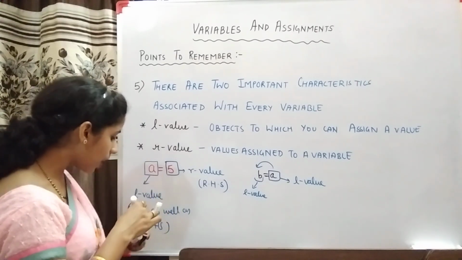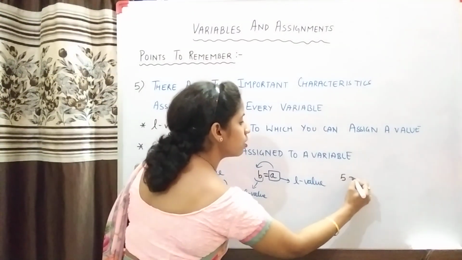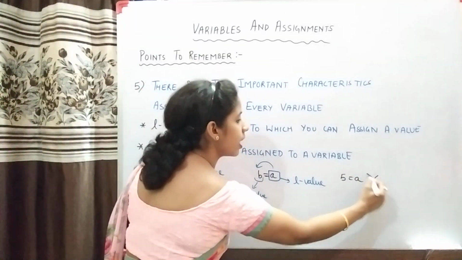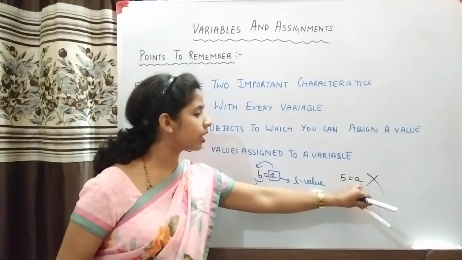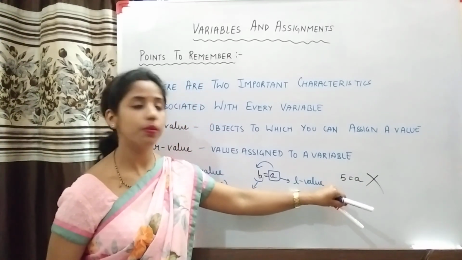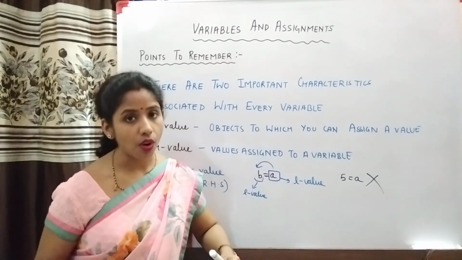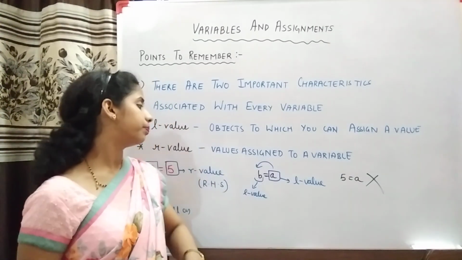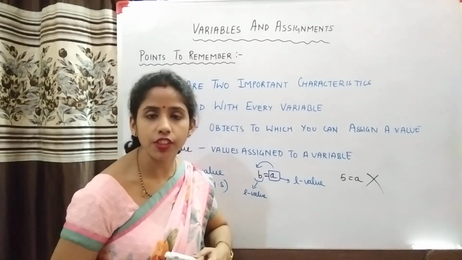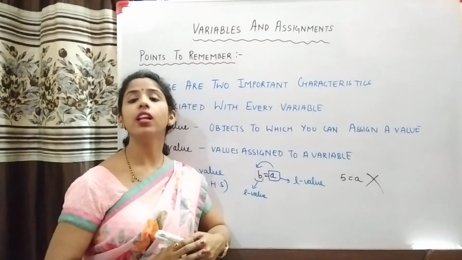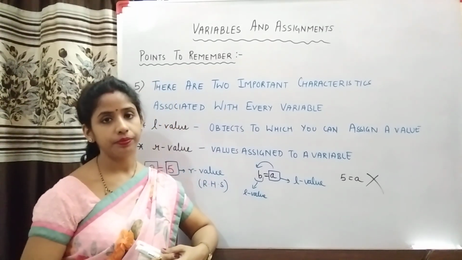ठीक है, लेकिन अगर मैंने ऐसा कोई स्टेटमेंट लिख दिया 5 is equal to A, this will raise error क्योंकि असाइनमेंट ऑपरेटर असाइंस राइट हैंड साइड वैल्यू टू द लेफ्ट हैंड साइड वेरिएबल. तो यहाँ पे आप R वैल्यू को L वैल्यू दे रहे हैं, विच इज रॉन्ग. क्लियर? So these are certain important points which you must keep in mind while creating any variable in Python.